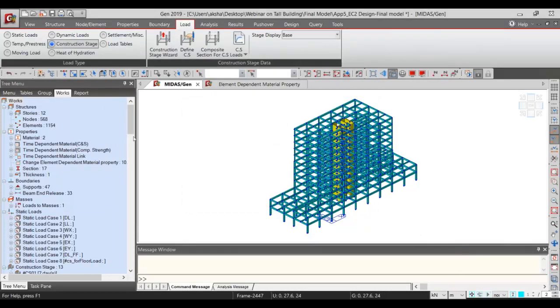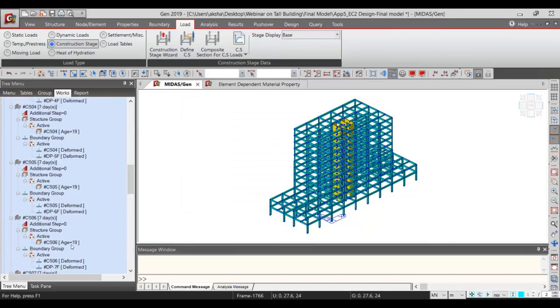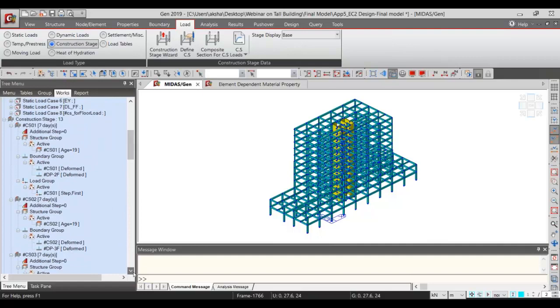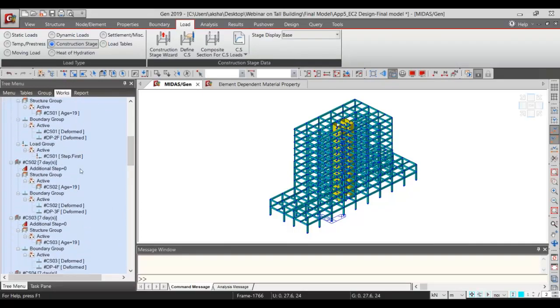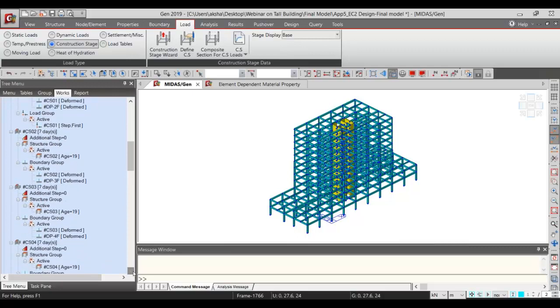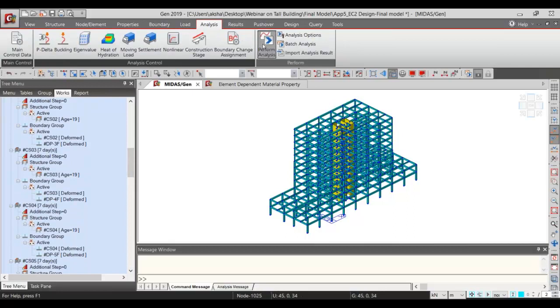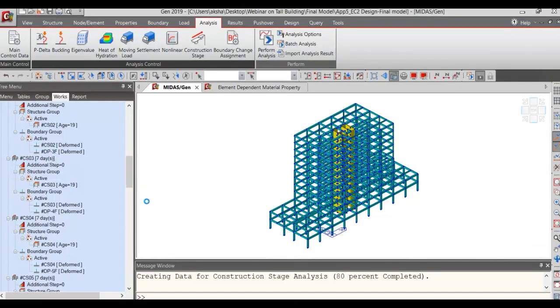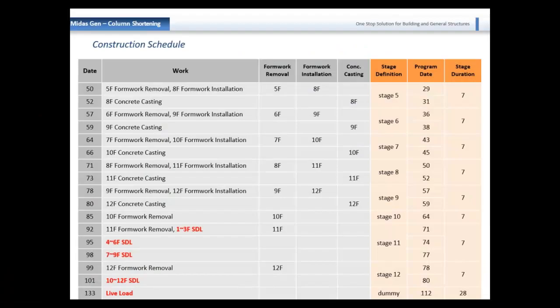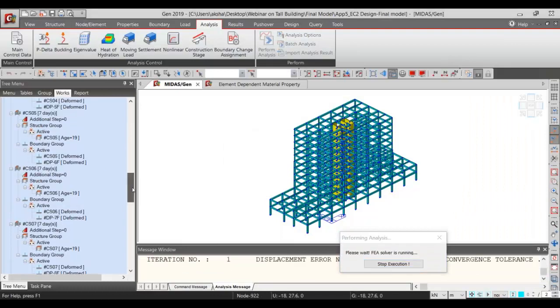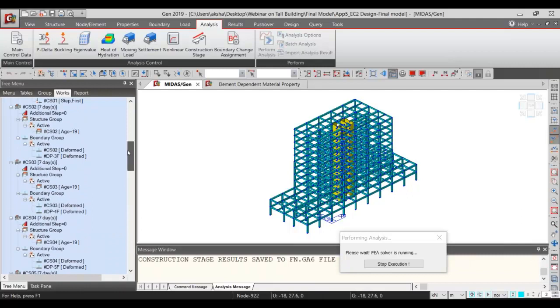This is how you can consider the various construction sequences the program has generated using the construction stage wizard, the various construction stage definitions. As you can check in the tree menu, right? So let me try to analyze this. I'll just perform the analysis. So the program is running right now. Till then you can check what all the different definitions the program has generated, right, for your